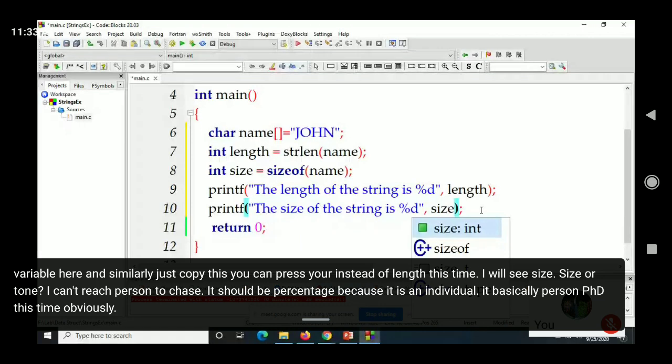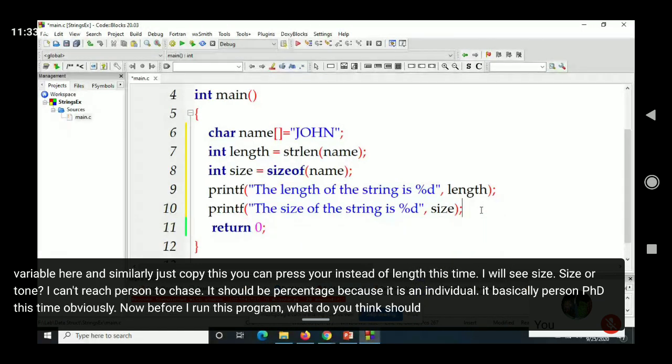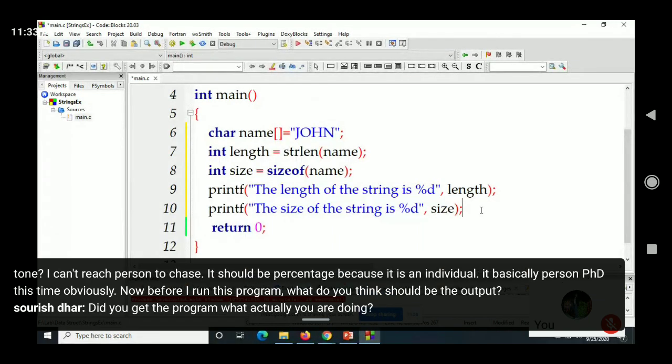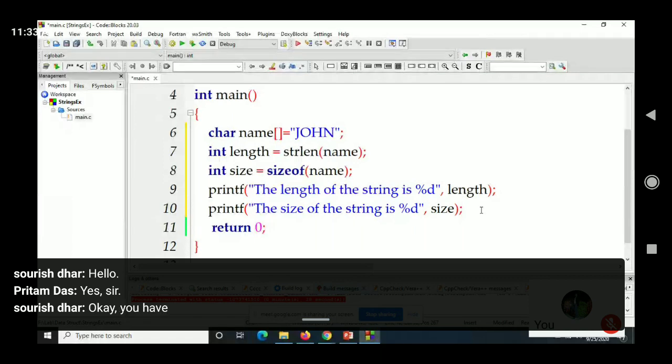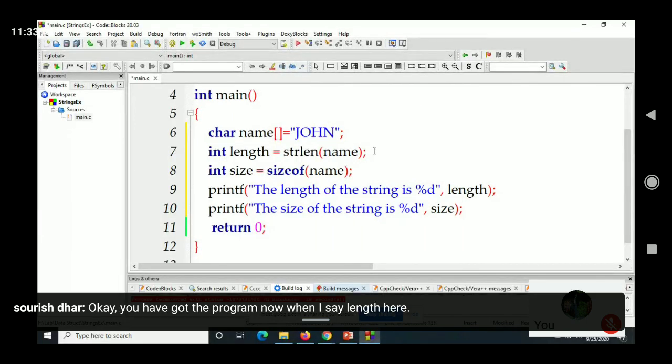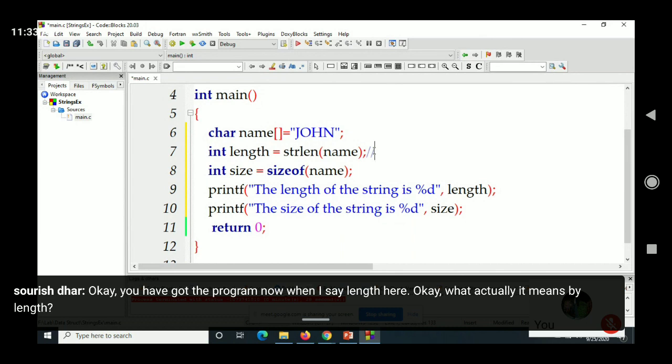Now, before I run this program, what do you think should be the output? Did you get the program? Yes, sir. Okay, you have got the program. Now, when I say length here, what does length actually mean?